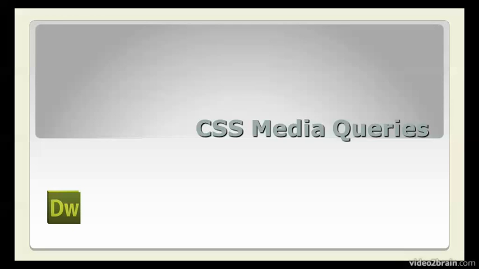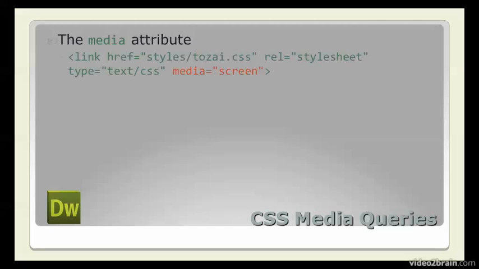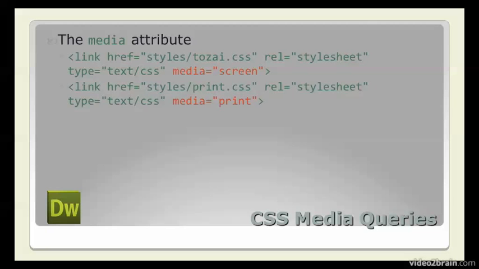In this lesson, I want to explain about the CSS3 Media Queries module, which allows you to specify rules for different devices through simple queries about the device's features, such as screen width, device width, color depth, and orientation. I'm sure you're familiar with the media attribute, which lets you specify which types of devices should use your style rules. For example, when linking a style sheet to a web page, adding media equals screen tells browsers that these styles are intended primarily for color computer screens, whereas adding media equals print tells them that the styles are for